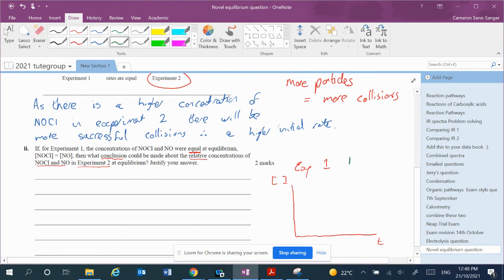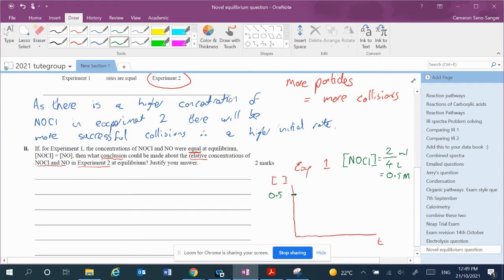We've got this nitrosyl chloride, this strange chemical we've never heard about before. But we can work out the initial concentration because we're told that there are 2 moles in there and it's in a 4-litre vessel. So therefore, that equals 0.5 molar, moles per litre, however you want to say it. So on this graph straight away we can mark down this 0.5, and this is the initial concentration of the